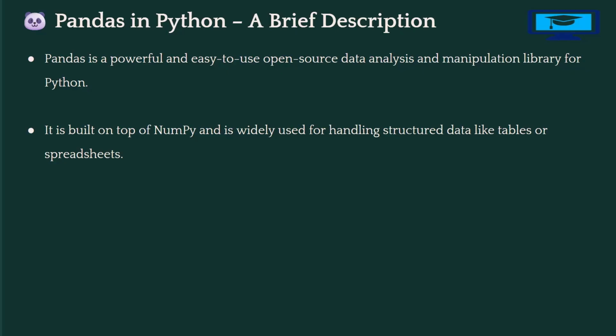It builds on top of NumPy and is widely used for handling structures like tables or spreadsheets. So usually when you have Excel sheets or a CSV file with a large amount of data, it's never easy to go through each and every data point straight away. For a few data points it's very easy. Like if you have hundreds of data points, you can easily analyze them through Excel sheet commands and get a complete overview. But when you have data in large numbers, maybe more than thousands, or maybe millions,